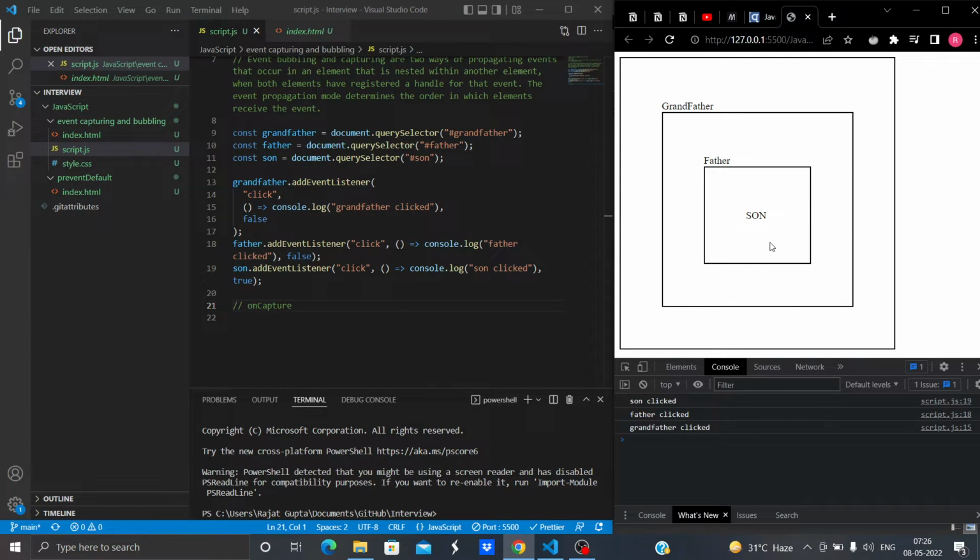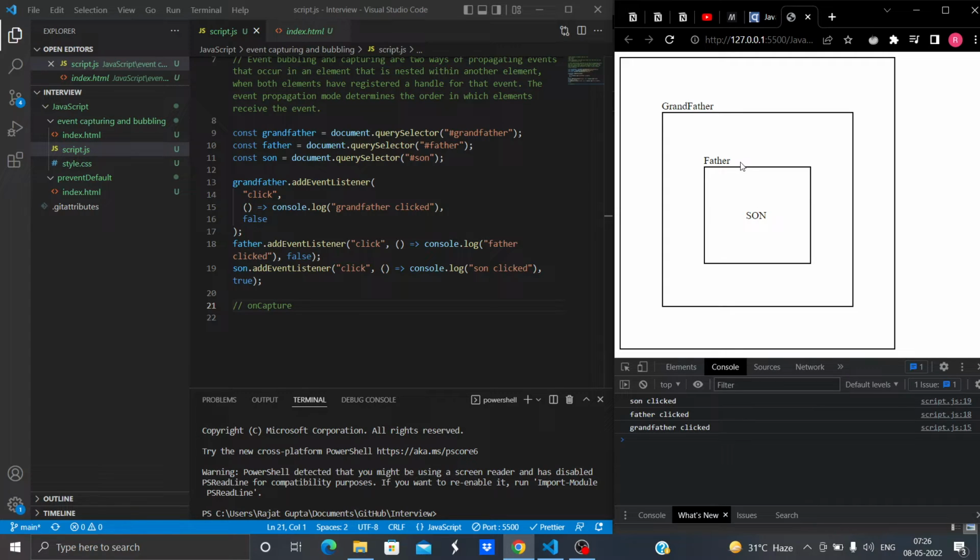Now bubbling starts from the sun element only because it's the innermost element, and sun won't be executed this time because it already executed in the capturing phase, so it won't be executed in the bubbling phase.